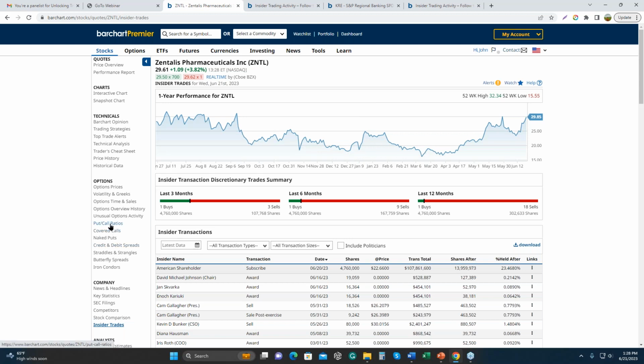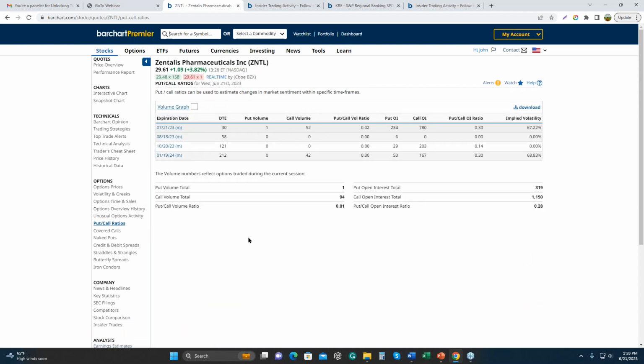Again, one of the things we might want to do is look at the options volume. This is one of the dilemmas we're going to discover in a lot of this insider activity: there's not a lot of options activity for us to trade off. So in this scenario, the only real option, no pun intended, would be for us to buy the shares and